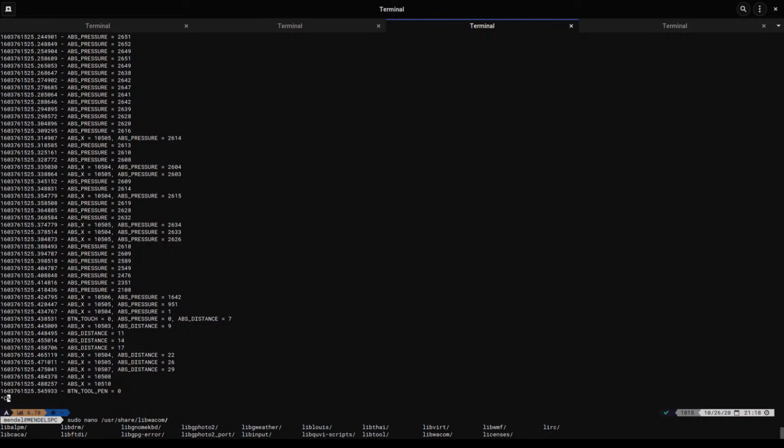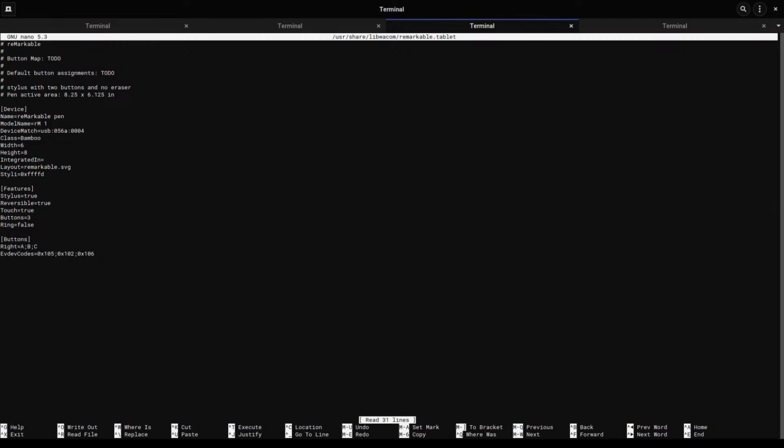Lib Wacom. And basically what we're doing here is, for use with the Wacom tools, we are creating a fake device, if you will. We're basically simulating a Wacom tablet, and for the sake of that process,